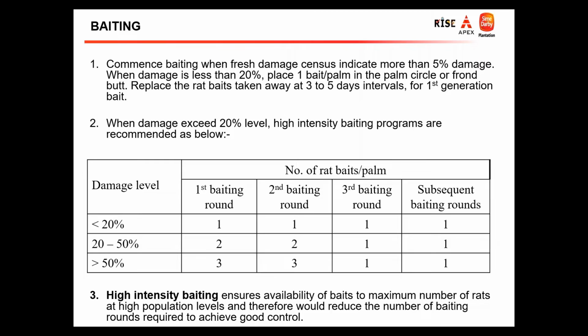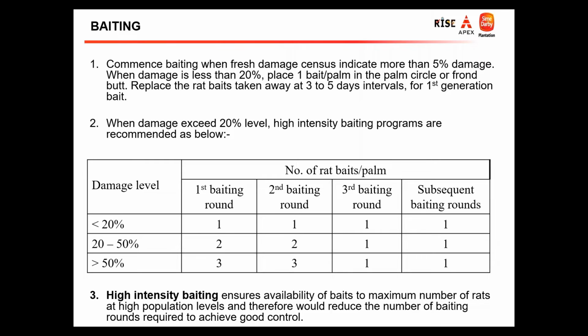There might be, let's say you have 20 fields, you might have 1 or 2 fields with 50% fresh damage, indicating that those 2 fields are a problem. So you have to single out those 2 fields and treat them differently. Otherwise, you will have a problem, because if you do one bedding for all the fields, even those at 20% or below and those above 50%, you do the same. So those 2 blocks will end up not being bedded enough, and they will be a source of population, what we call the multiplication of rats over there.